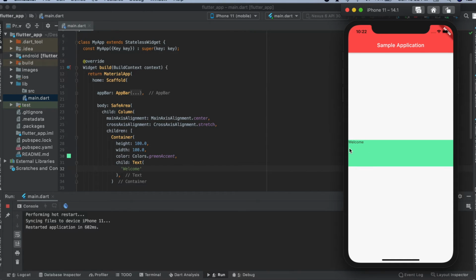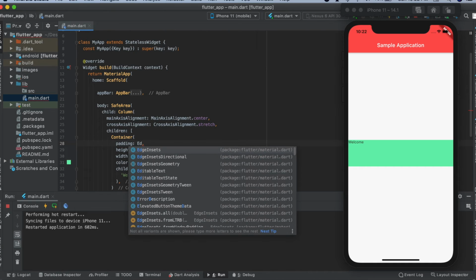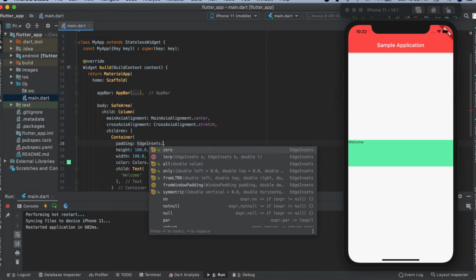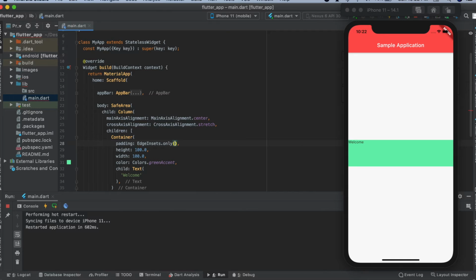And then we have different things such as padding and margin. Margin is basically empty space to surround decoration and child, and padding is basically empty space to inscribe inside decoration. So I'll give both of them here, and let me see the difference. So this is padding. Then we have this EdgeInsets.all, or you can use only. That means you can give left, top, right, bottom. I'll do it all, and then I'll give some value such as 10. So see the difference now. You will be able to see that there would be some space from this and this.